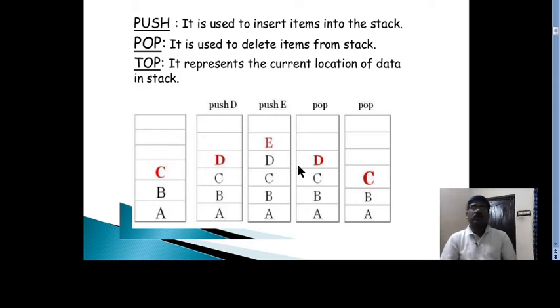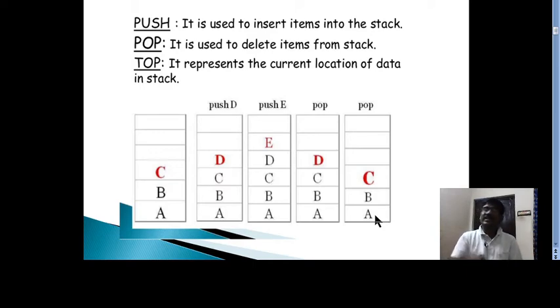If you observe here, if you do the pop operation again, C will be deleted. If you apply the pop operation again, B will be deleted. If you apply the pop operation, A will be deleted. After deletion of C, B, A respectively, if you try to pop, there is nothing to pop or delete. So it is an underflow condition. If you are trying to pop an element from the empty stack, it is an underflow.